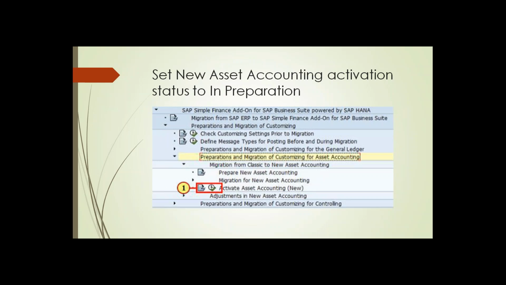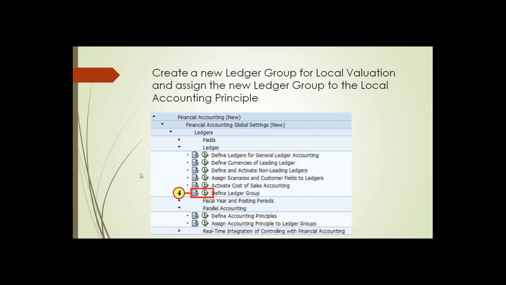Coming to the second activity, create a new ledger group for local valuation. So as I told you, there are some settings which are required for new asset accounting, which are actually part of the new general ledger customizing. Why? Because if you are using local valuation, or maybe different accounting principles for our asset accounting, we need to create them as ledger groups, and we need to assign these ledger groups also to